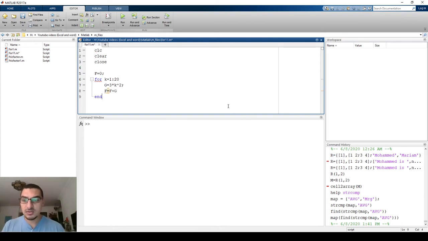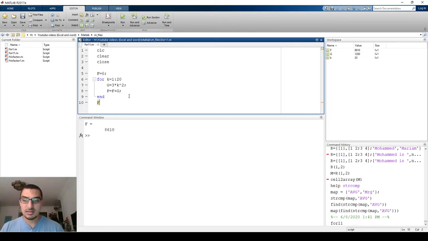So it's going to start with f equals 0 and then calculate g based on the value of k, and then it's going to put a new value of f, which is 0 plus 3k squared, and then in the next loop it's going to add the new 3k squared to it. At the end you will ask it to print f, and it's giving you